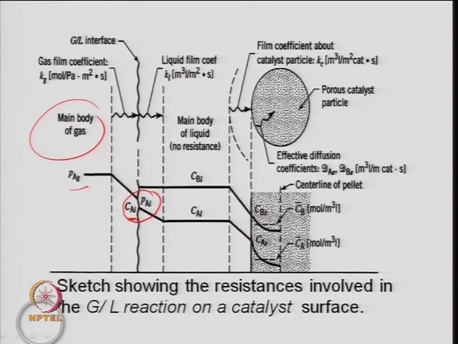When it reaches the bulk liquid, there is a transport from here to the surface of the solid. This is your catalyst material, which is covered by a film of the liquid, where the mass transfer coefficient is written in terms of Kc, which I was talking about as KAs, the same term. It is a porous material, so we need to look at the effective diffusion coefficient also, because of the porosity, for A and B concentration in the pellet. How the concentration of A and B changes will depend on the reaction and the effectiveness factor.